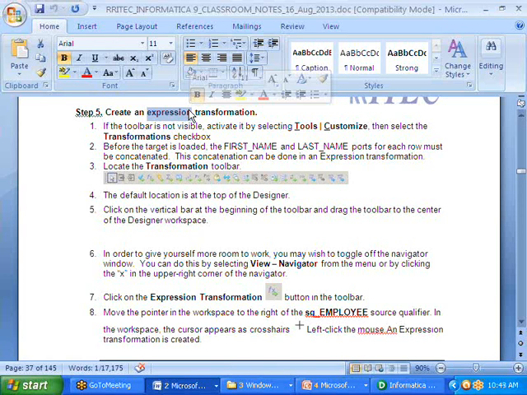Yes, it's coming from two columns. Two columns will be merging into a single column. But the number of records in the source and the number of records in the target are the same or not? In my company, I have 10 employees. The same 10 employees, first name, last name I am maintaining here. The same 10 employees, full name I am maintaining here. That's it. The number of records increasing or decreasing is not happening because of this expression transformation. That is called passive transformation.